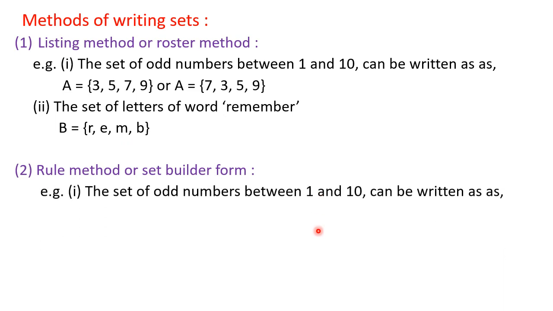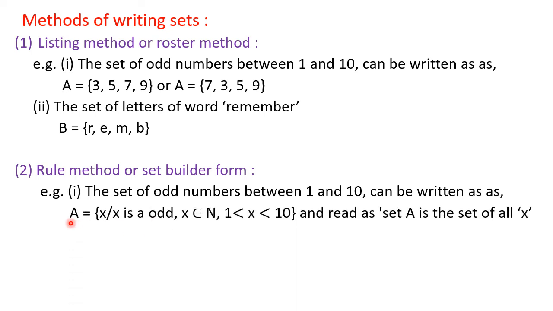So the first example here is the same as I have said, but now the list is not allowed here. I have to use the rule. But again the instructions you need to follow are that the name of the set you have to write using a capital letter. Then you must use the equal to sign. You must use curly brackets. So these rules are the same. Only inside, the way of writing the elements is different. So let's see how to write this.